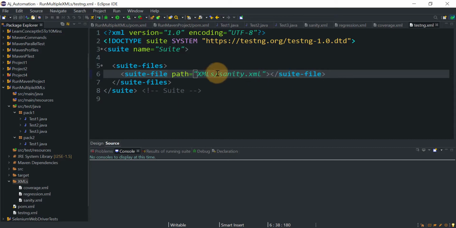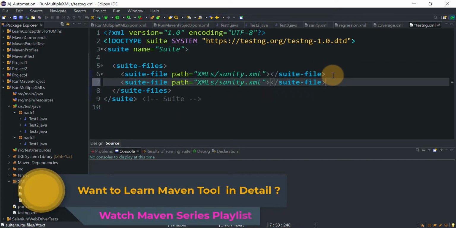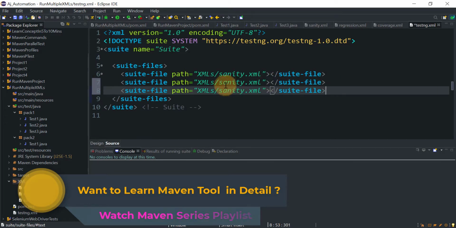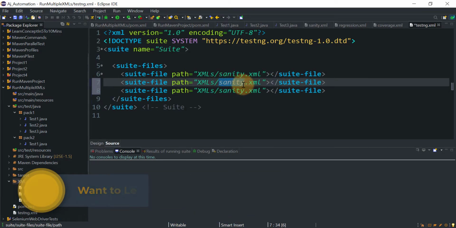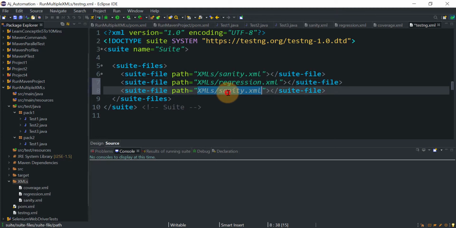And save it. So I will copy this. You can have 3 entries here. Okay, so after sanity I want the regression suite XML to run. Regression. Okay, and after regression the coverage suite XML file should start. So here